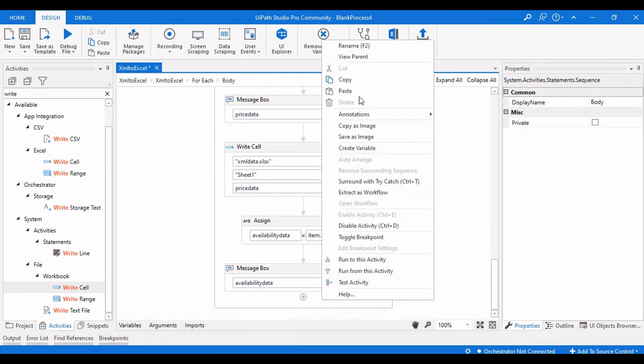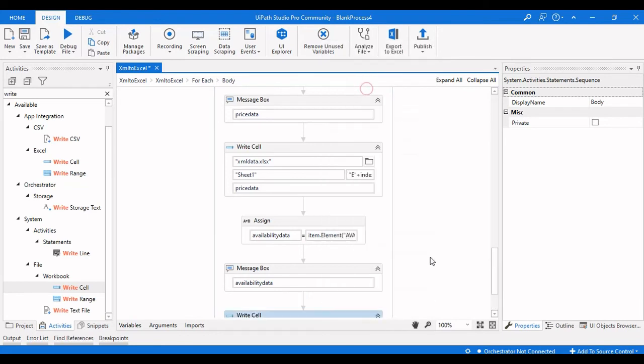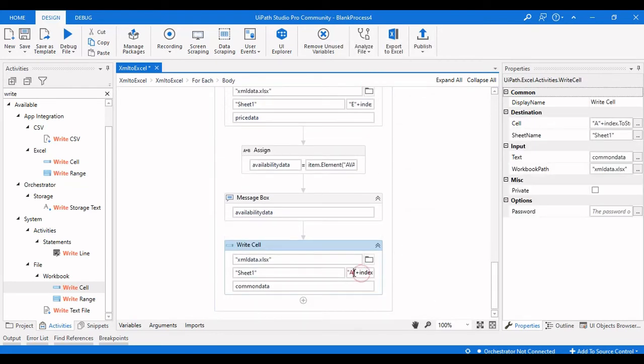And the final one here is in the F column, which is availability data.